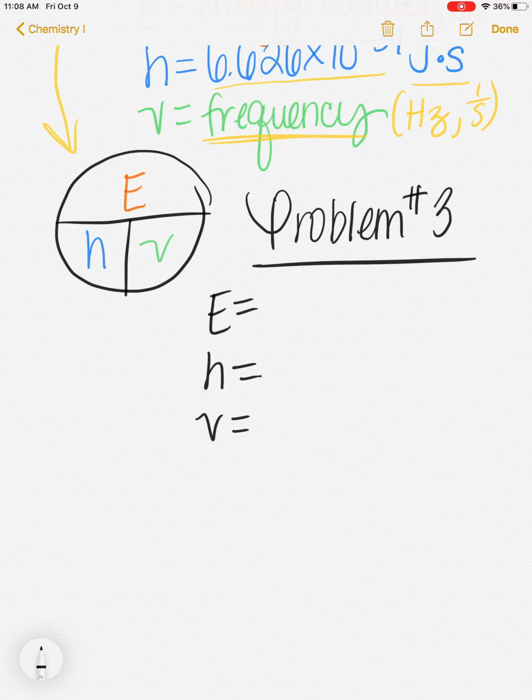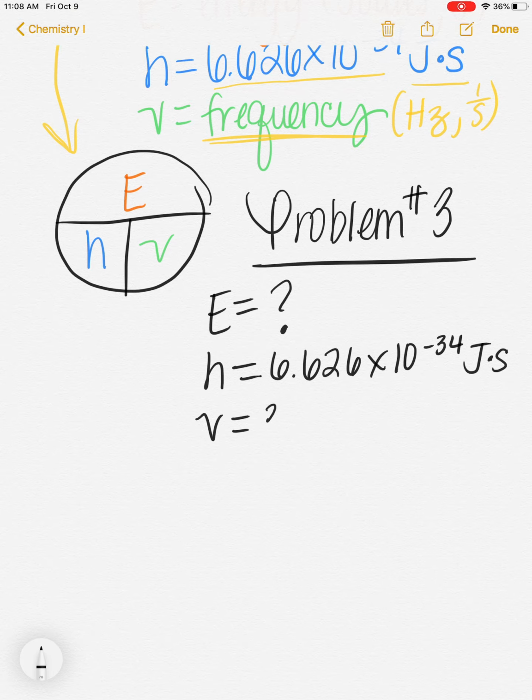So E, h, and ν are my variables. h, we always know, is 6.626 times 10 to the -34th joule seconds. The problem says what is the energy, so we don't know the energy. And it does say that the frequency, and remember frequency is ν, is equal to 3.20 times 10 to the 11th,